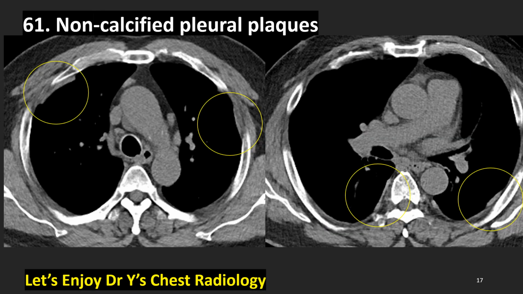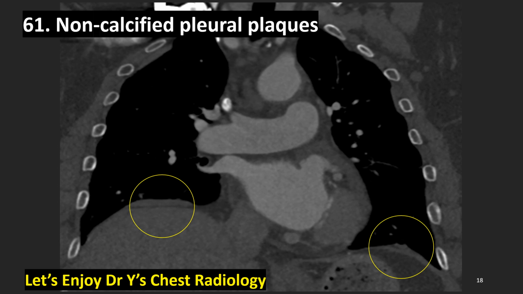Another patient with non-calcified pleural plaques. On your left side film, upper lung zone, the pleural plaques are more on anterior and lateral location. And on your right side, lower lung zone, the plaques are more likely to be on posterior medial location. That's somewhat characteristic. Same patient, coronal reformatted image